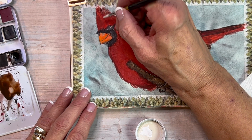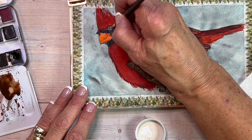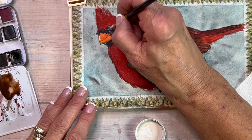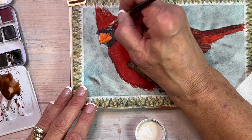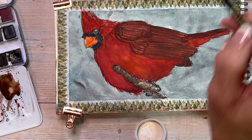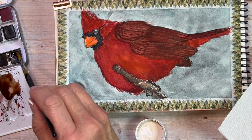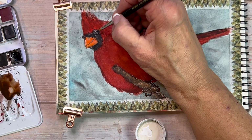I'm going to increase the size of the highlight, and that's the great thing about having something like this, gouache or an acrylic paint pen or a gel pen, anything that's a really opaque white. Sometimes you get to painting along and you lose the highlight in the eye that you meant to leave white. Go ahead and go over it with gouache or something like that. Use an opaque white and go ahead and fill it in, and I can go ahead and put that highlight in the eye and put the ring around there, and right away he's got a nice Papa Bird kind of